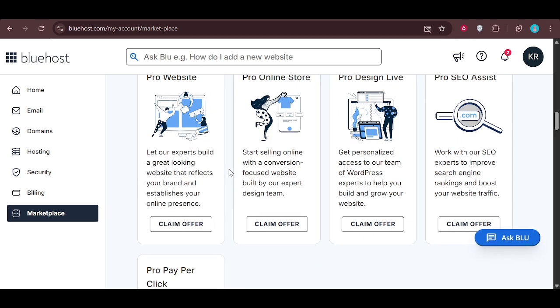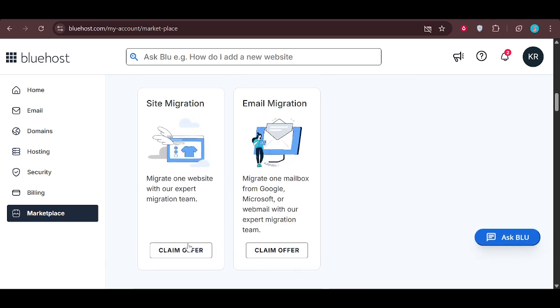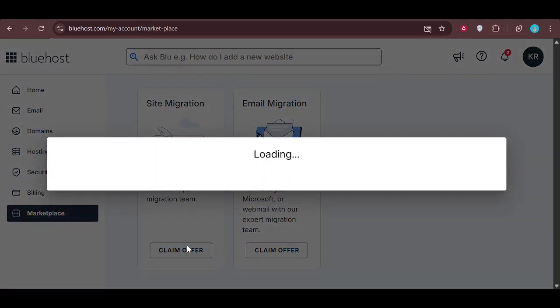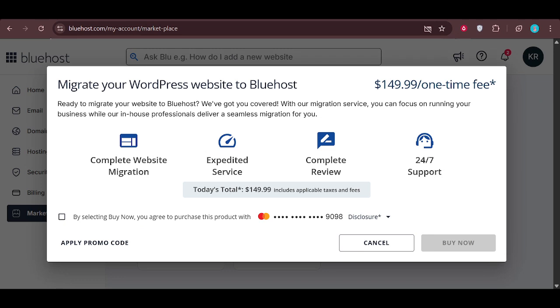As you explore, click on any marketplace item to open its details page. Here, you'll usually see a description of what it does, key features, any pricing information, and sometimes user ratings or reviews. Read through this carefully so you understand what you're getting and whether it fits your needs. This is especially important if it's a paid add-on, as some products may involve one-time fees, while others might be